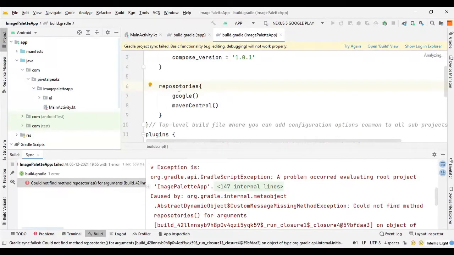Okay, we have a typo here, so repositories, let's sync it again.